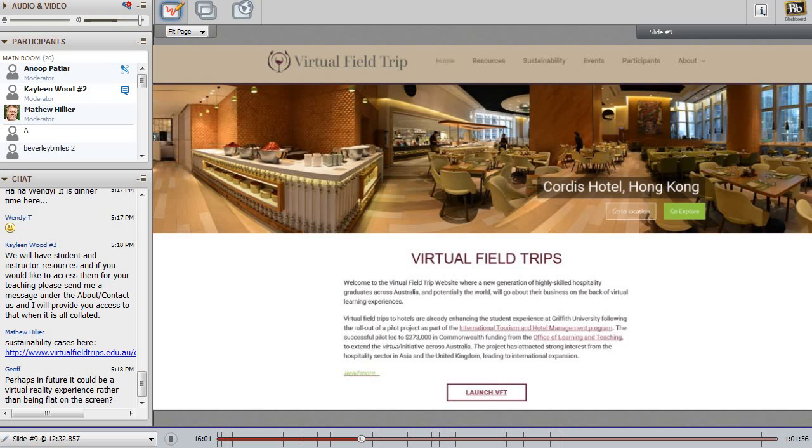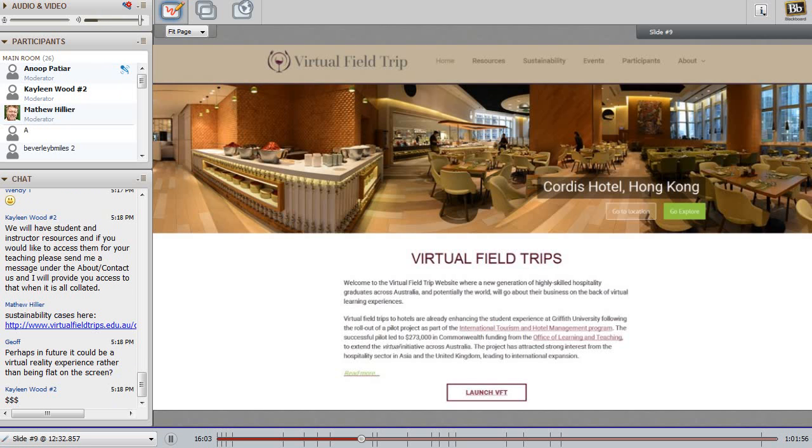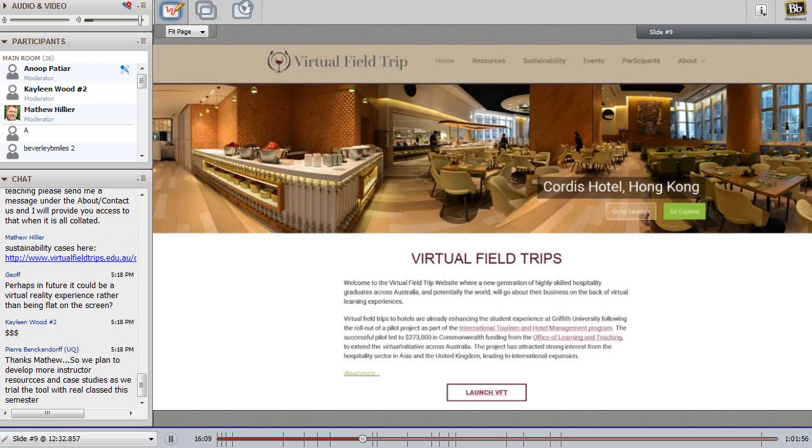It provides a direct link to EarthCheck's website, and there's also about a 20 minute interview with the Chief Executive Officer of EarthCheck, who's talking about sustainability and the practices and how they work with organizations to implement sustainable practices.